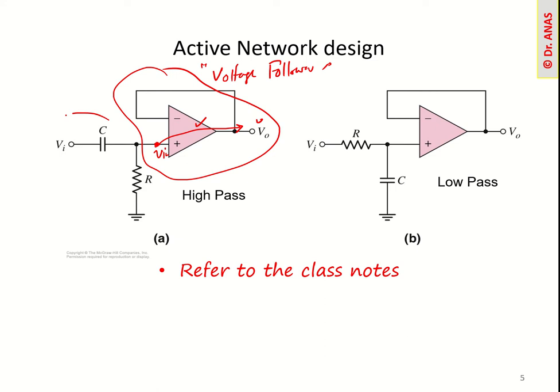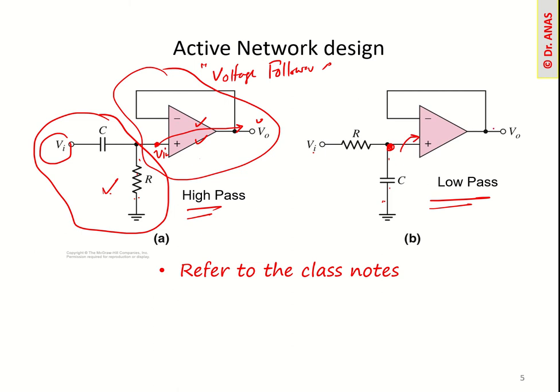Now this is your input filter. This is the passive filter part and this is the active component for impedance matching. The input is coming here, and if you take the output across the resistor, it will be a high pass filter. If the input is coming here and you take the output across the capacitor, it will be a low pass filter. Whatever output you get here is fed to the voltage follower, and the same will come out here. That is the voltage follower characteristic. So when we combine the passive components with an op amp, it becomes an active filter.